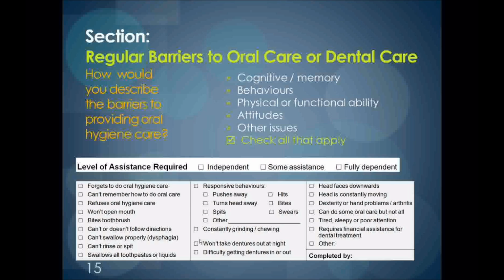As mentioned earlier in the presentation, the assessor will need to consult with the care providers who regularly work with the resident to assess the level of assistance required as well as the behaviors. On occasion, the assessor may observe that the state of the resident's mouth is very poor. The regular care provider assumes the resident is independent and capable of doing their own oral care. By reviewing the OHAT findings, the assessor would be able to alert the care provider that a reassessment of the